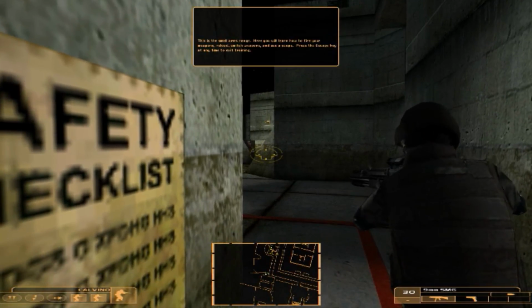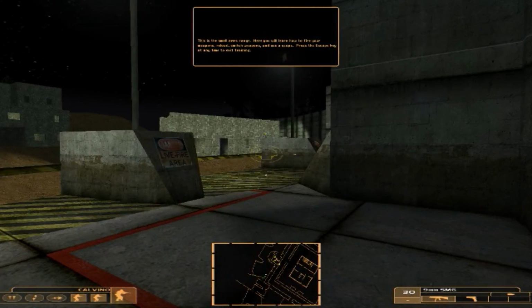This is the small arms range. Here you will learn how to fire your weapons, reload...